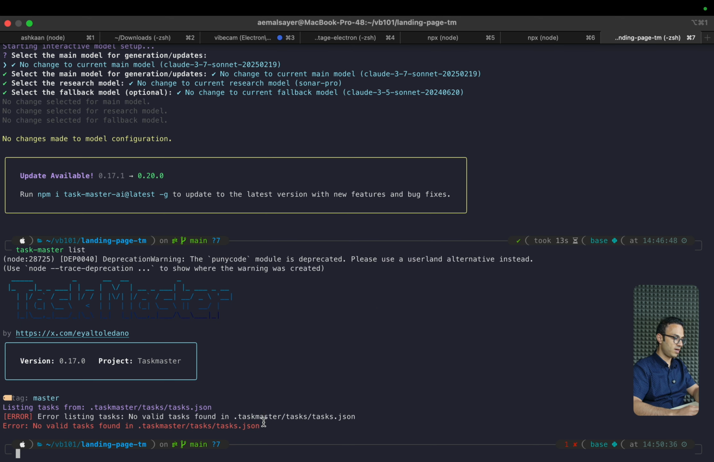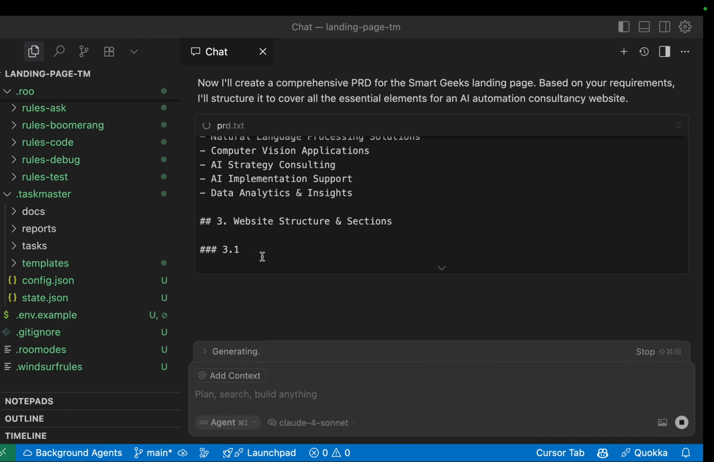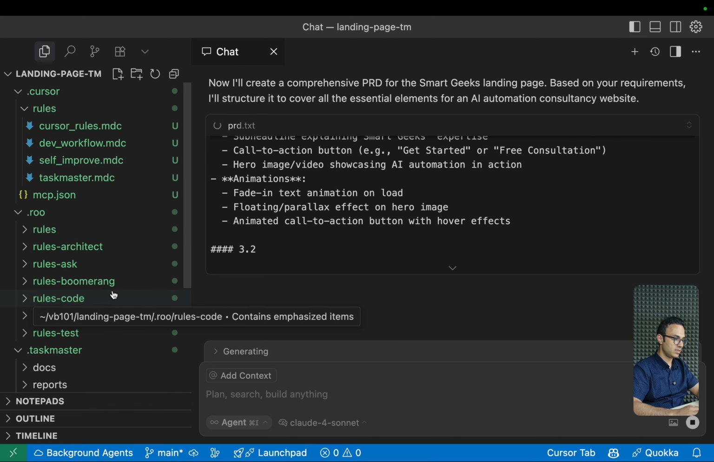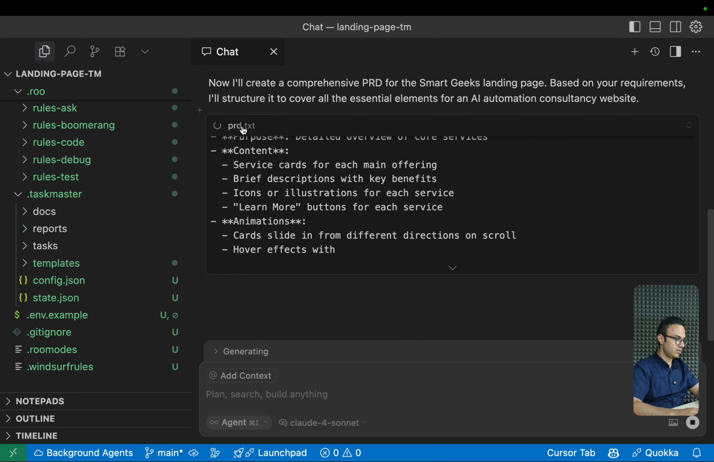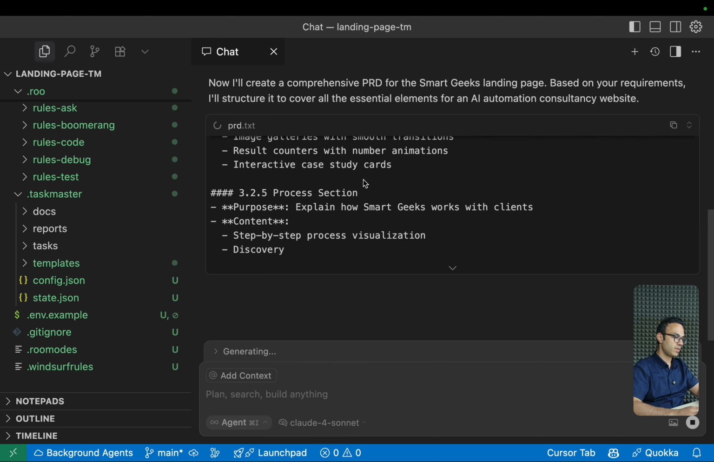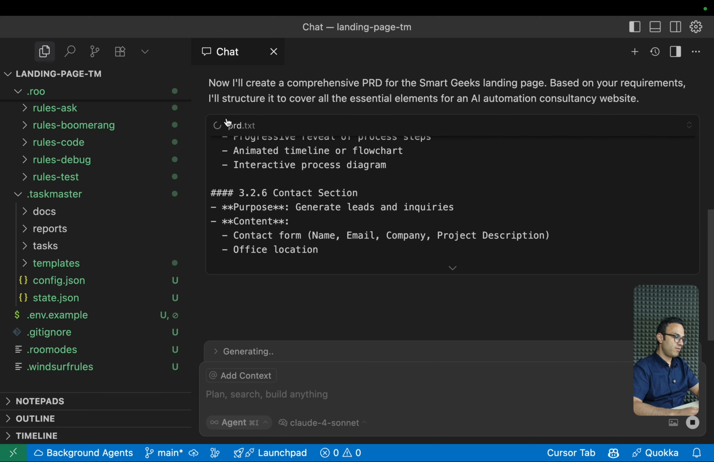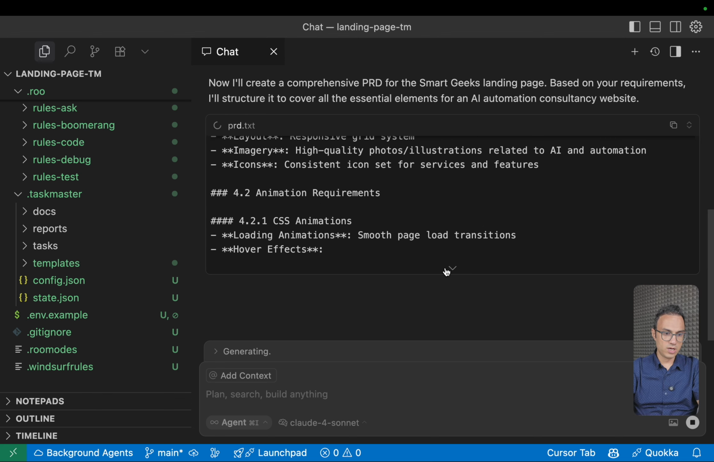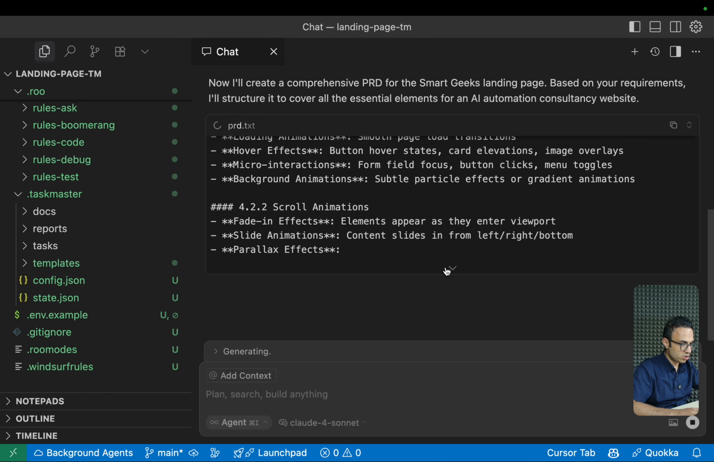It's an empty file here, therefore it gives this error. Once the tasks are generated, then you will see it in the right place. So it's now generating this file with all the details. I highly recommend reading this file when you generate it, because this file is basically the source of the truth,